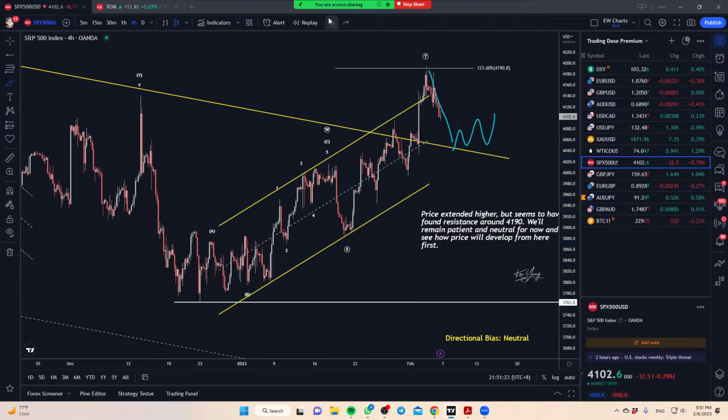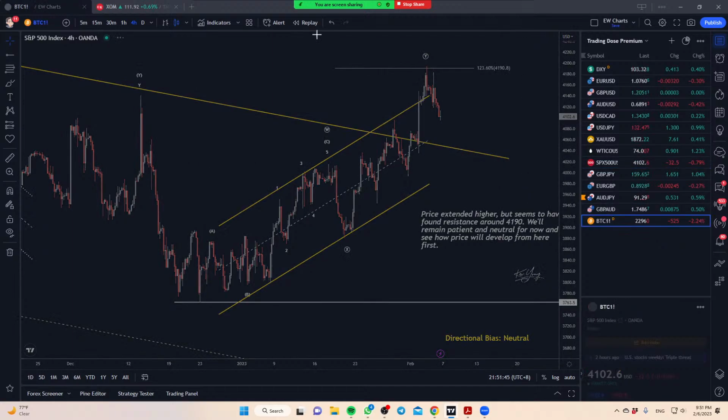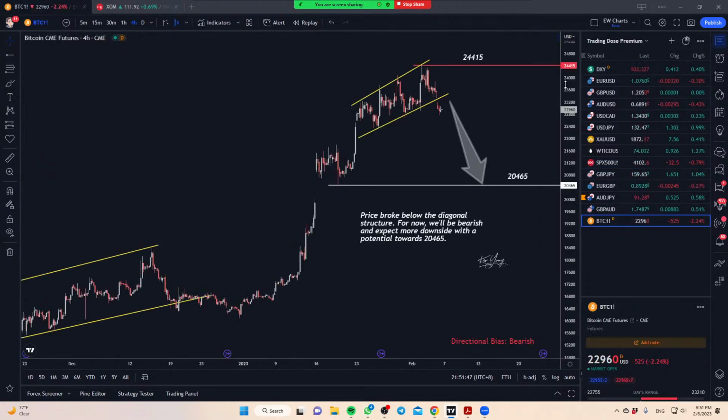Okay, so some markets are a little bit more neutral in a way. You need to give them a little bit more time, like the dollar yen and the S&P. Some of those are a little bit clearer, like the euro dollar, the Aussie dollar, even the gold chart. Those are a little bit more obvious, and those are the ones that you want to pay a bit more attention to. Okay, last one over here is Bitcoin.